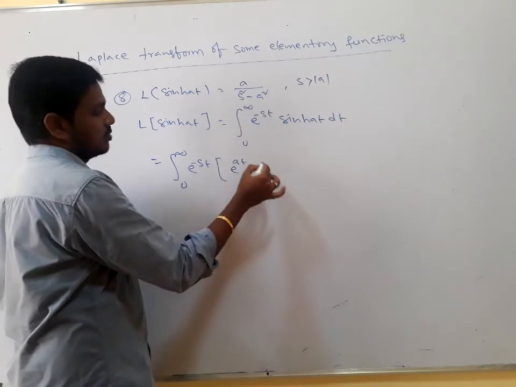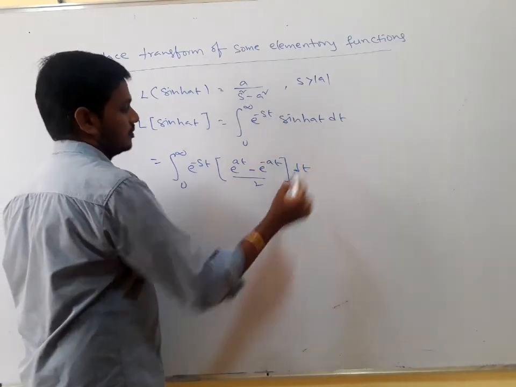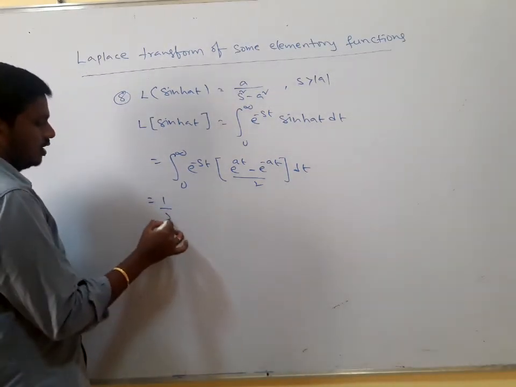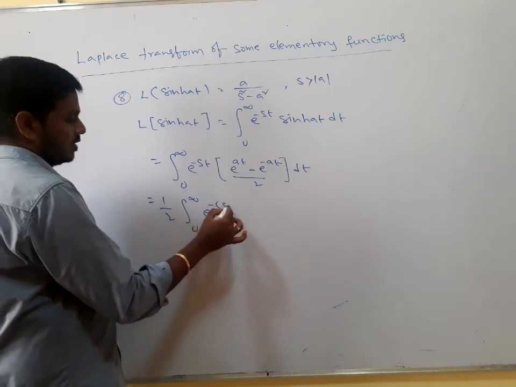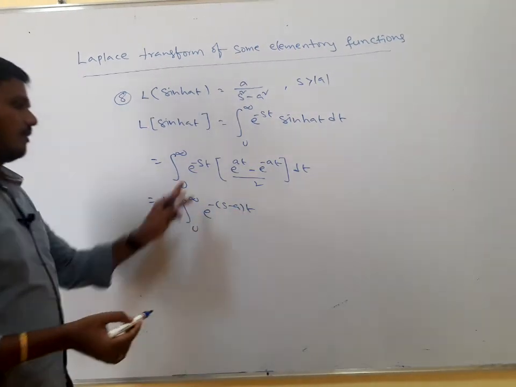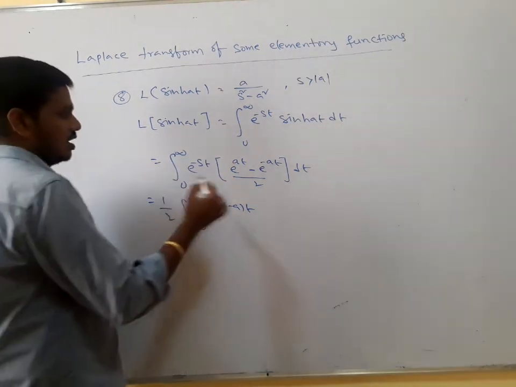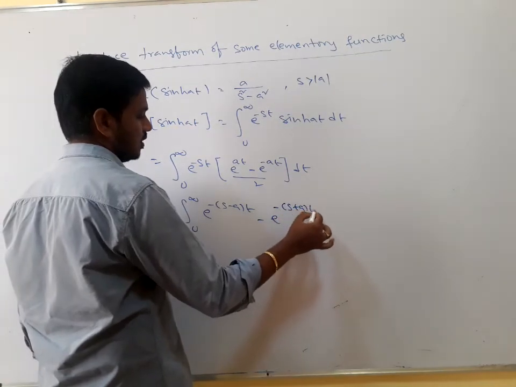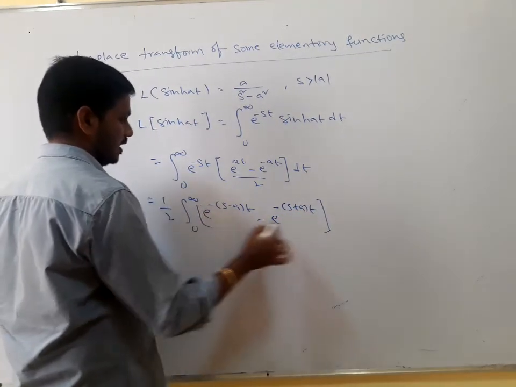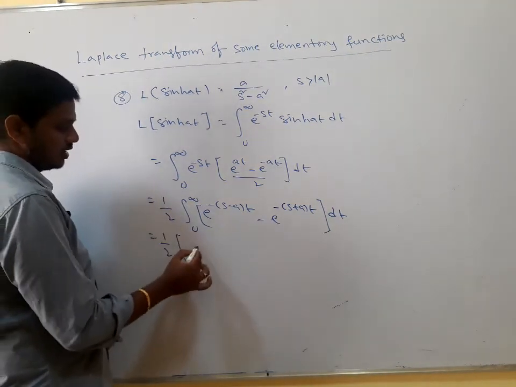Sinh at is e to the power of at minus e to the power of minus at, divided by 2, dt. This is 1 by 2 into the integral from 0 to infinity of e to the power of minus (s minus a) t, multiplying minus st plus at, minus e to the power of minus (s plus a) t, dt. Taking the integration,